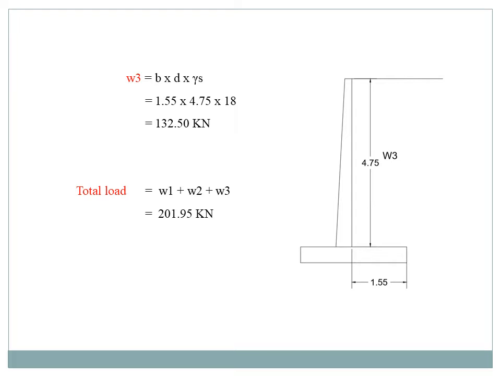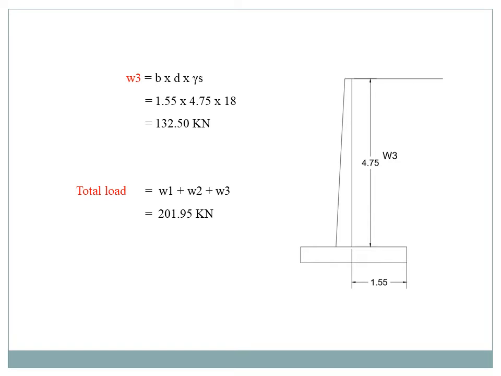You need to apply that carefully. In this portion you can apply only the unit weight of soil value. So B is equal to 1.55 meter into 4.75 as the D value, and unit weight of soil gamma is 18. So you get 132.50 kilonewton. Finally total load is equal to W1 plus W2 plus W3,